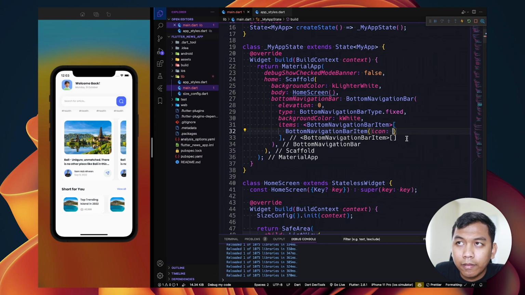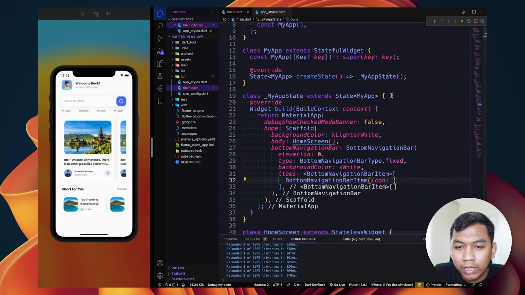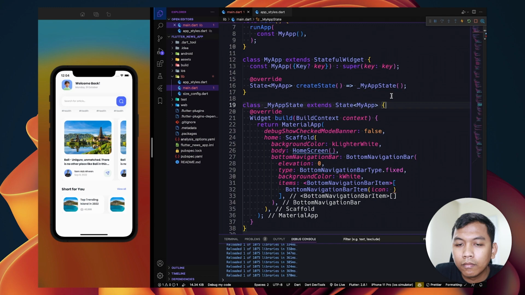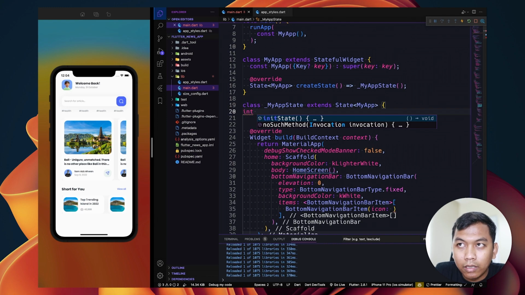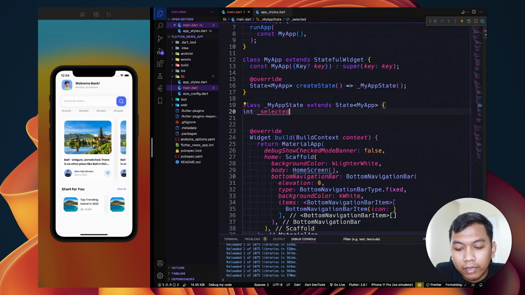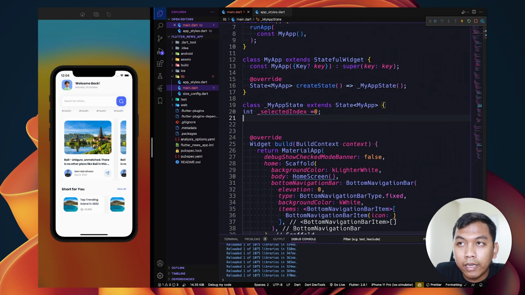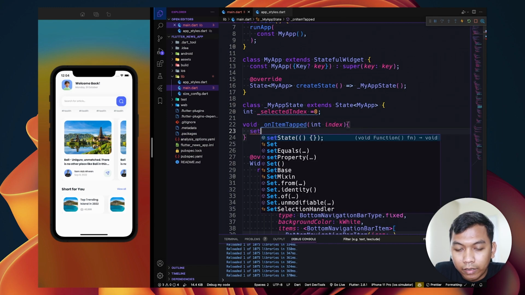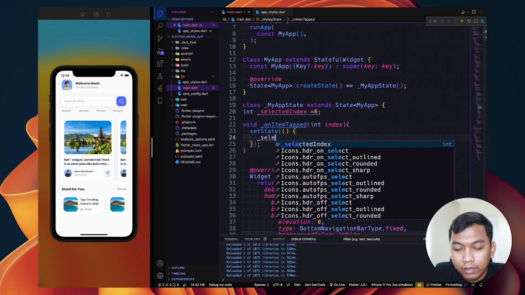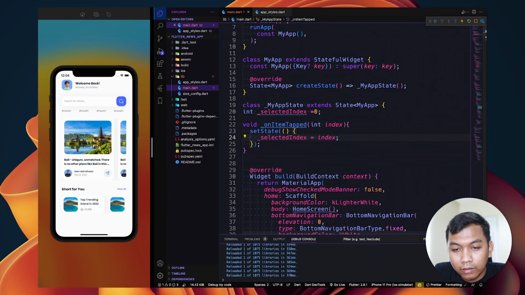But before that we need to set here selected index 0, and we need to create a function which is on item tab, and we need to set selected index based on index.